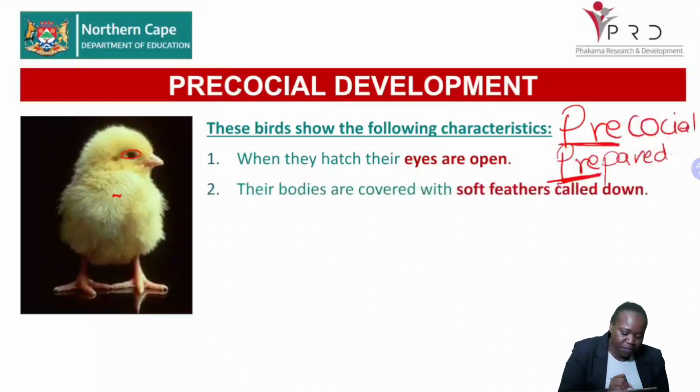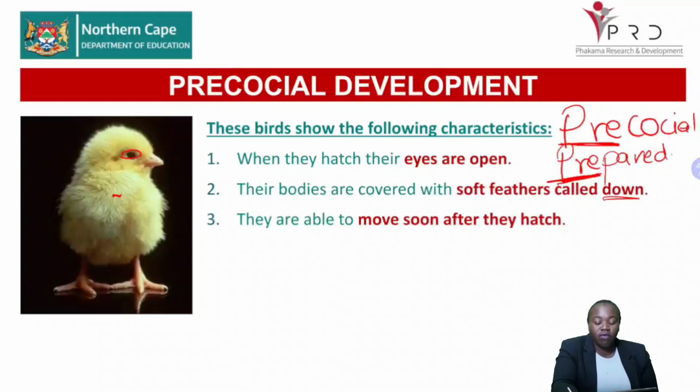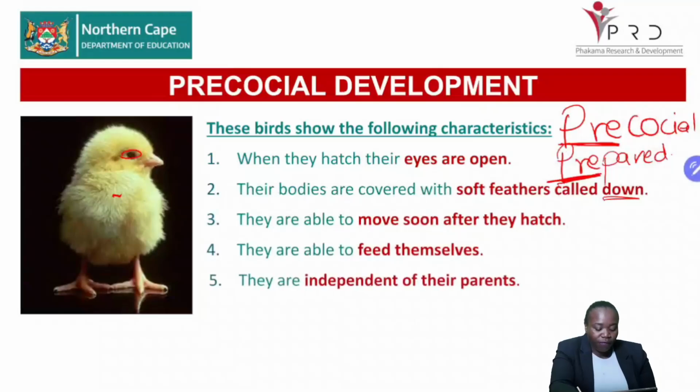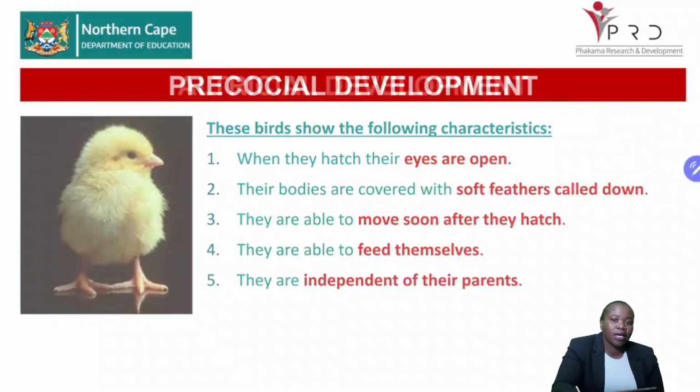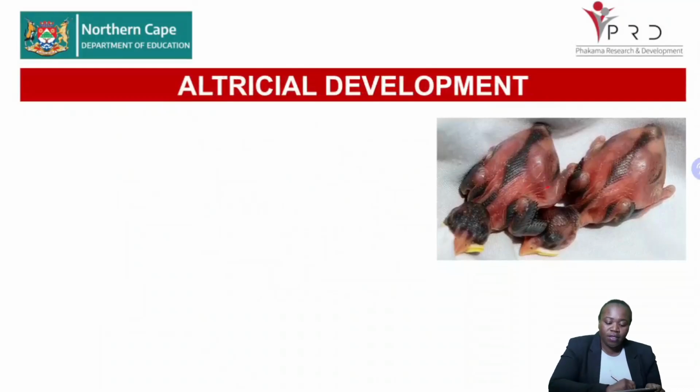As you can see, it is born with its eyes open. The body is covered with soft feathers, which we refer to as down, right? They are able to move as soon as they hatch. So they are born very well developed, right? And then they are also able to feed themselves and they are independent of their parents. However, on the other side,